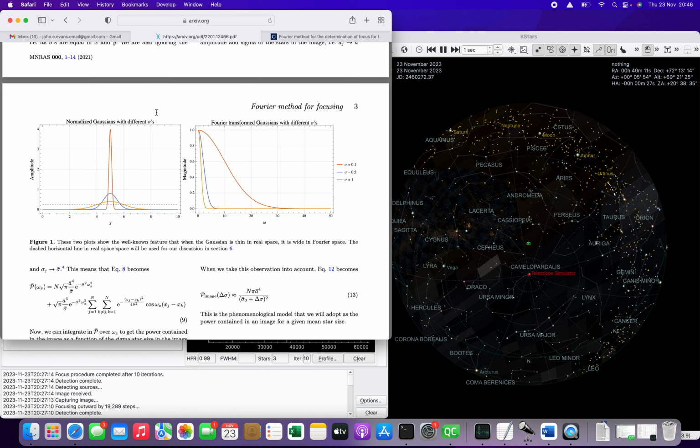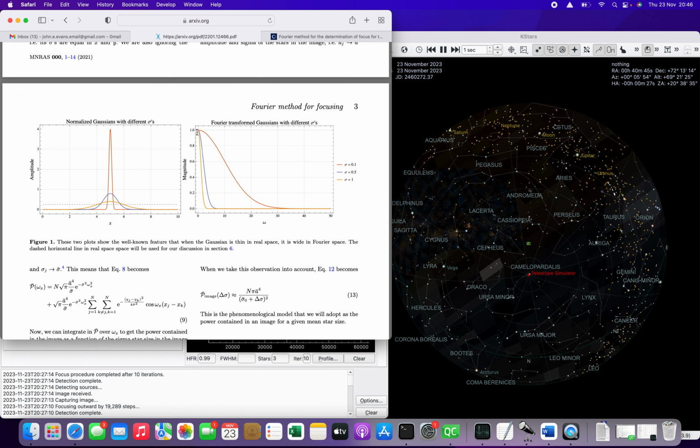But back to focus, this idea is that a very sharp Gaussian, which obviously would represent an in-focus star, would end up as a very wide Gaussian in Fourier space, and conversely an out-of-focus wide Gaussian in a focus frame would transform into a very narrow and sharp Gaussian in Fourier space. That's fine, but how does that help us with focus? So